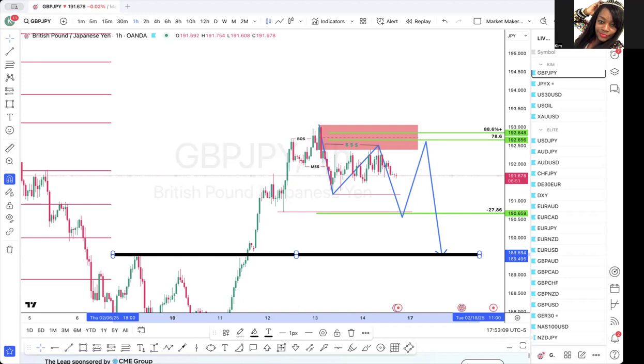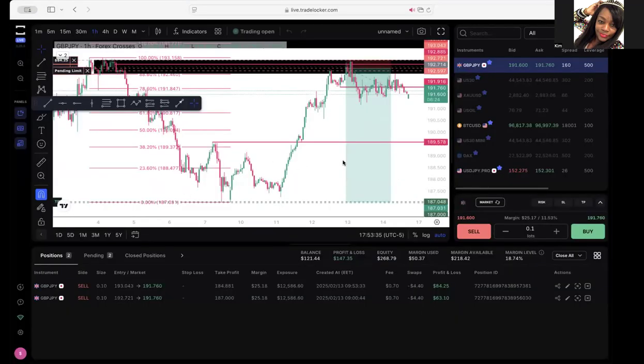Okay, so with that being said, let me share my TradingView screen. Okay, here it goes. So as you can see, there's $121 in the account. I currently have two trades in. I thought I only had one, but